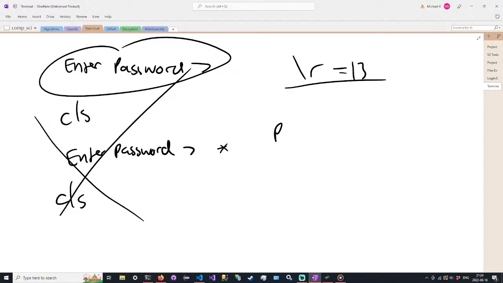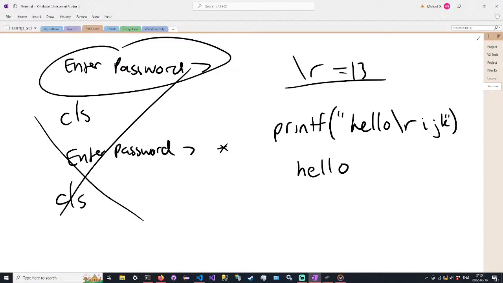So let's say we had a string printf hello, and let's do the same thing as before, but this time using \rIJK. So we'll start by printing out hello, and then your cursor is here when it reaches \r. So \r will bring the cursor and move it to the front of the line. Then we just continue to write as normal. So we overwrite the H with an I, overwrite the E with a J, and overwrite the first L with a K. So what we're left with is IJKLO,